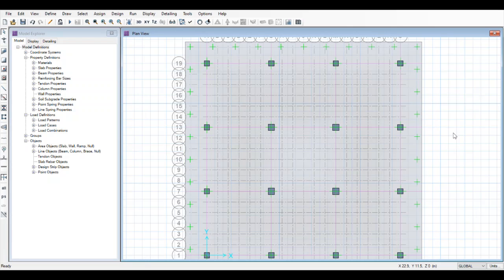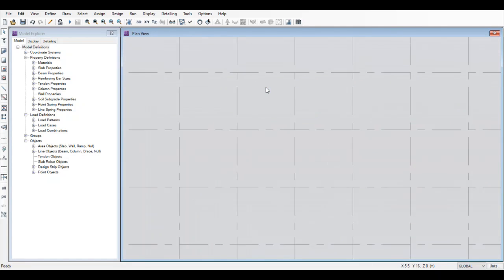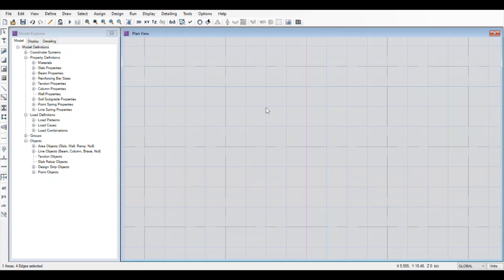Now again, click on the area of the footing. You can check at the bottom left corner of your screen that 1 areas and 4 edges are selected. Go to edit, go to edit areas, go to expand/shrink areas and enter the offset value as 2000 mm. Remember that our offset is 2 meter, which would be 2000 mm to accommodate the outer columns.